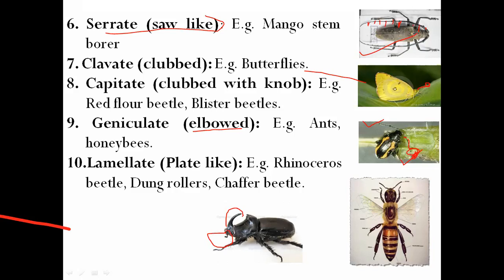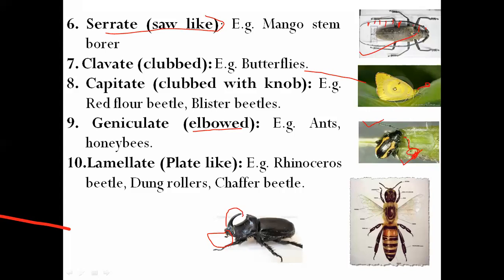Are you able to see what I am pointing out there? Yes, sir. Suppose you were in college offline, then definitely I would show all these specimens in our entomology lab. But unfortunately, due to this bad situation of COVID, it's not possible. But I am trying to give you the best, so that you can at least observe this insect.